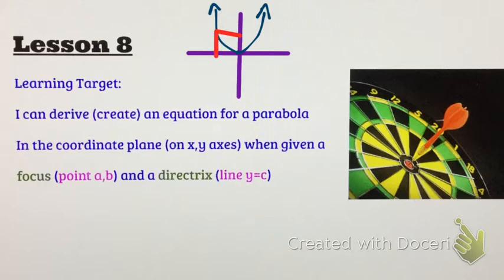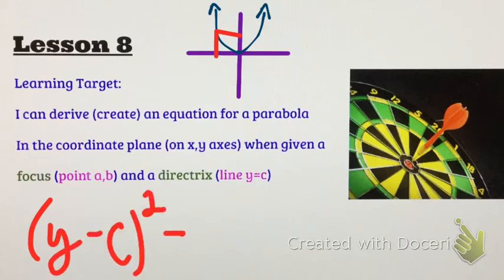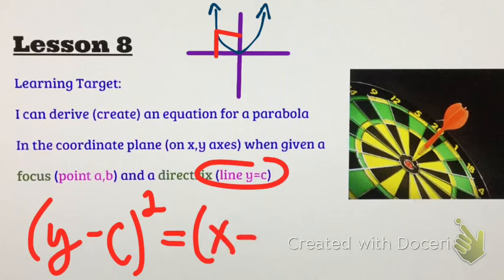So let's get going a little further here, but when we're all done with this, here's what it's going to look like. This is a little spoiler alert. We're going to have an equation that looks like this. So when you're done watching the video, come back here. This is what it's going to look like. Y minus c squared, and that c comes from right here, this directrix line, y equals c. And then we've got x minus a squared. That's the distance between the x coordinate of the point, which is the focus,